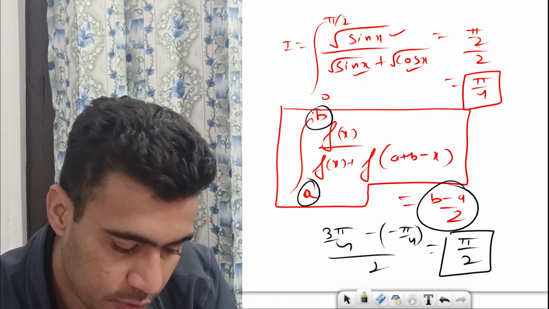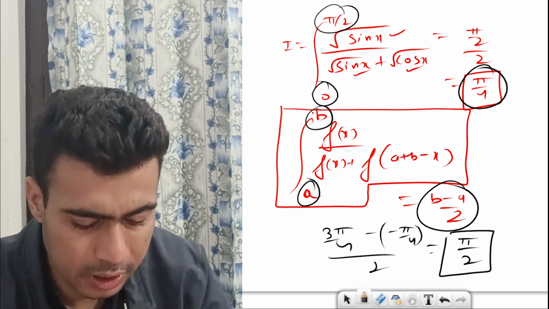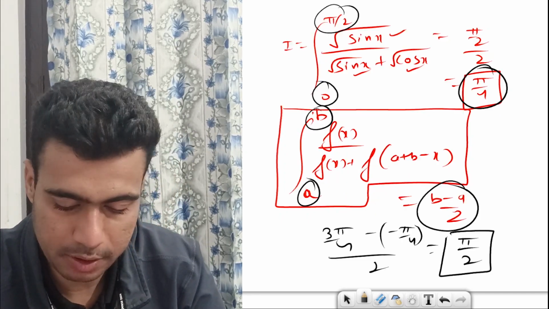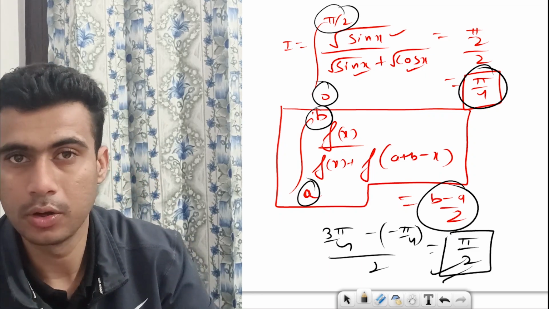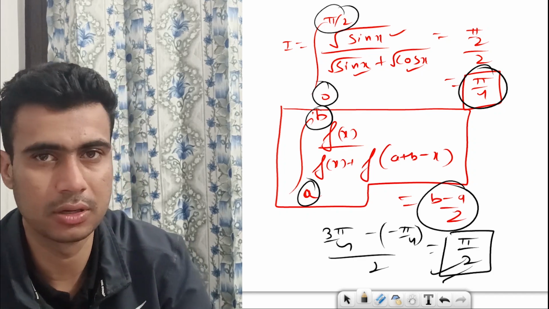If the limits are 0 to pi by 2, the answer will be pi by 4. And if the limit which is actually asked in the question is from minus pi by 4 to 3 pi by 4, the answer will be pi by 2. Okay, I just skipped in my mind that the limits were quite different, but no matter, somehow you have solved